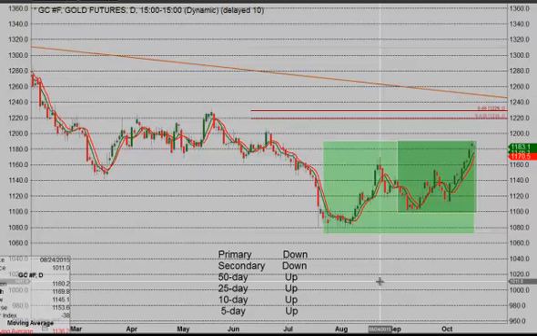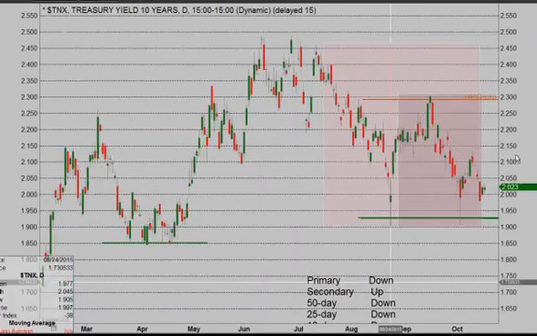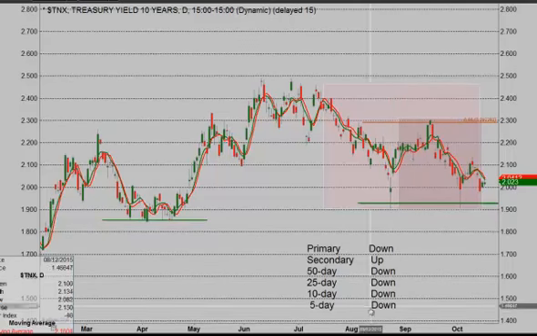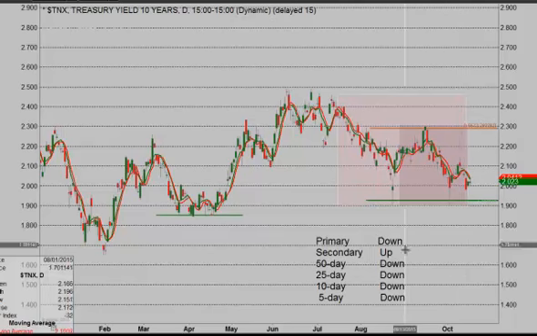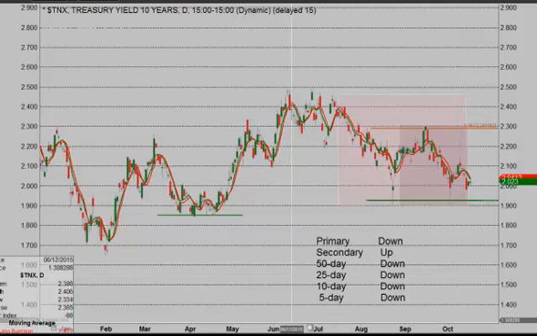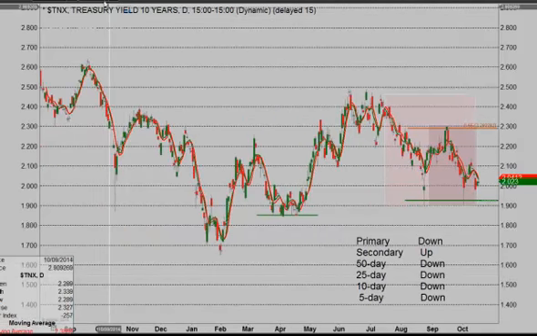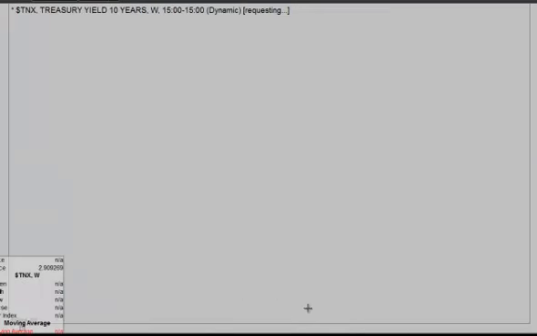Last market we'll take a look at will be 10-year interest rates. Rates in the States, the actual rate. There it is, secondary pattern higher and holding. That's the key right here, this market. Everything else down. Long-term primary pattern down, like super primary, whatever you want to call it, mega pattern, whatever you want to call it. They're all down longer term.